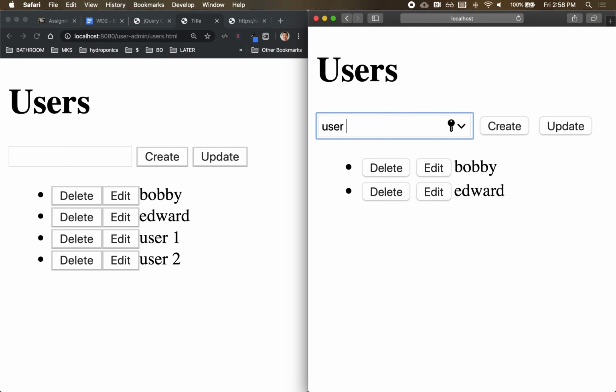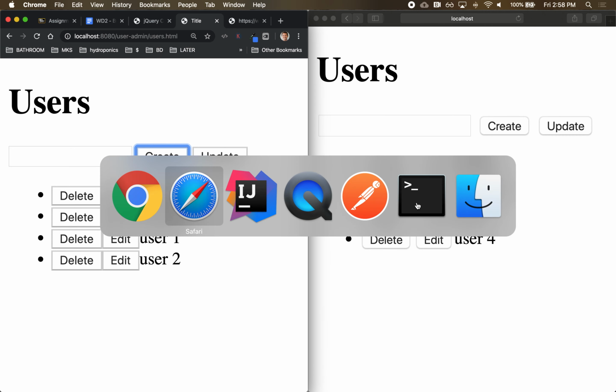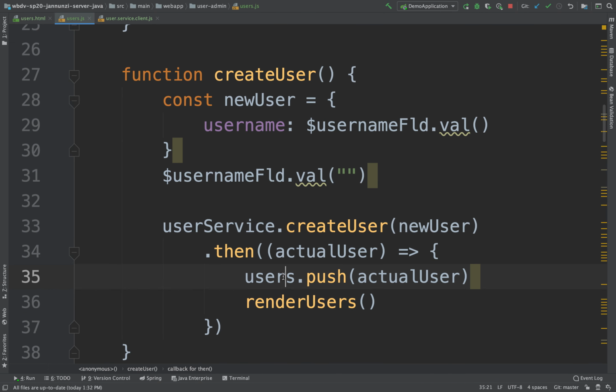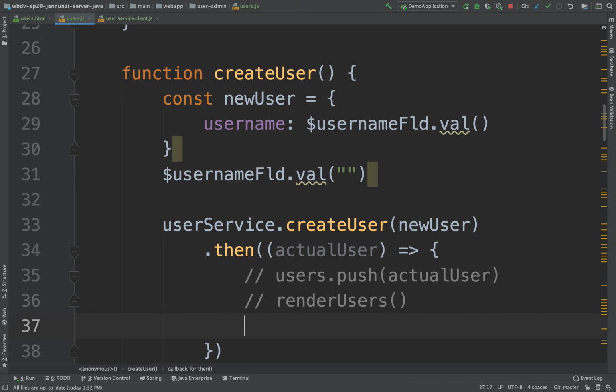But here, if I'm adding user 3 create and user 4 create, notice that each one of us is working with a stale copy of this array, right? Instead, if we go by where instead of pushing it and storing in a local array, if instead we do